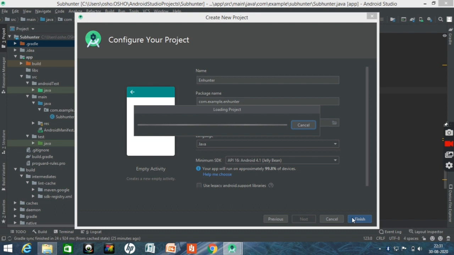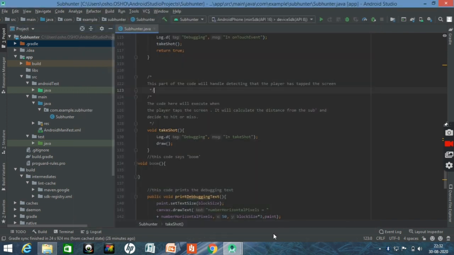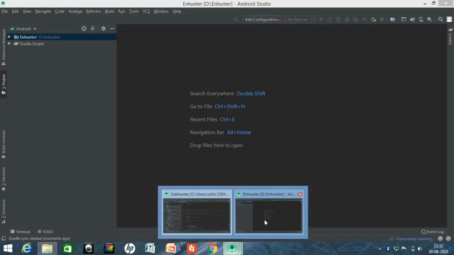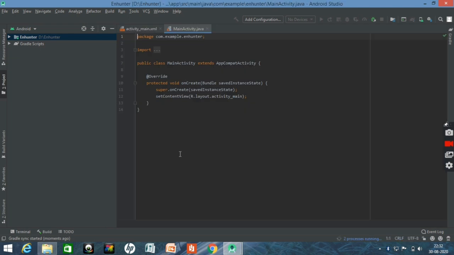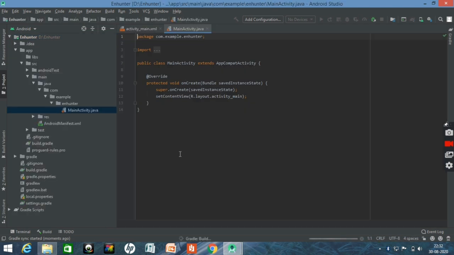So our project is loading and it will soon open, so let's wait for that time. So here, as you can see, our project is open, and let's have a quick look over the whole layout of Android Studio. I won't go into the dozens of different windows and menu options because we will cover them as we need them, but here are a few details to help begin getting familiar with Android Studio.